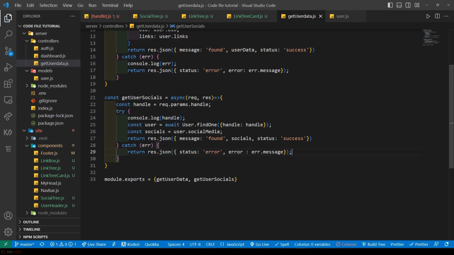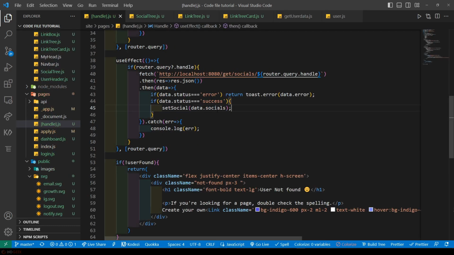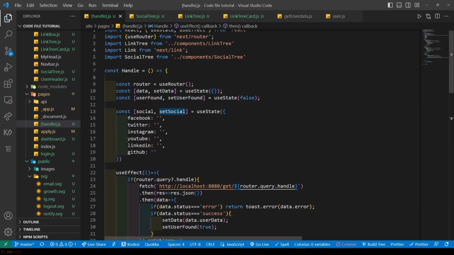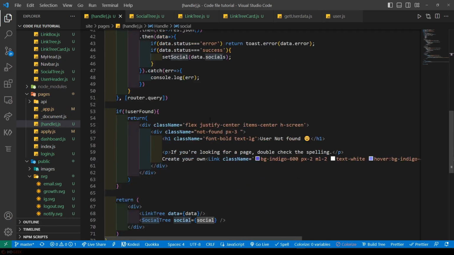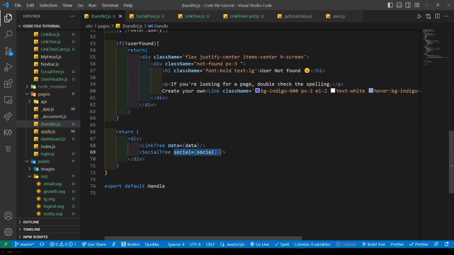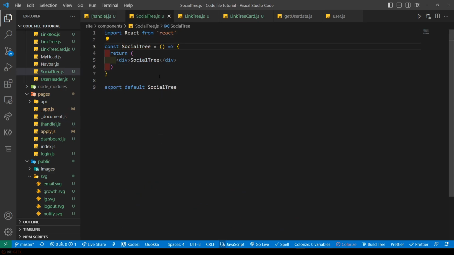And now open the front end, and we have received the social and the data. Let me check what was the name, data.socials. Data.socials will be containing the social media object, and this will be stored inside this social variable, and we are passing this social variable as a prop to this social tree. Now open this up,